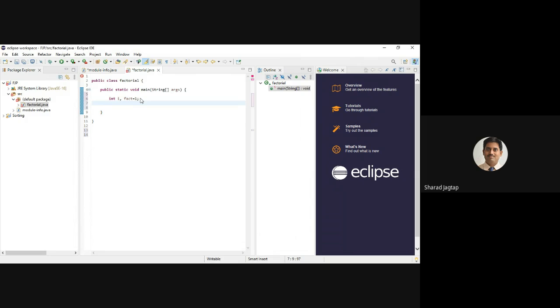Then to display the string, that is, enter the number for which we have to find the factorial, we have to write System.out.print.